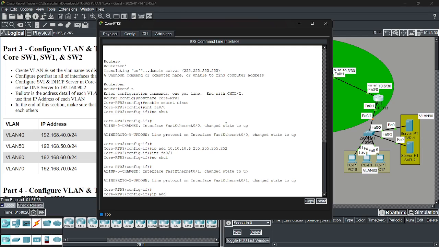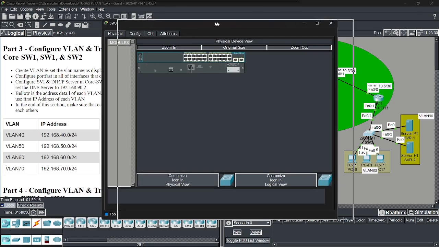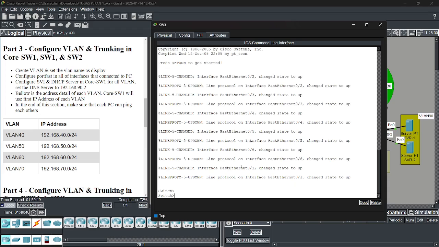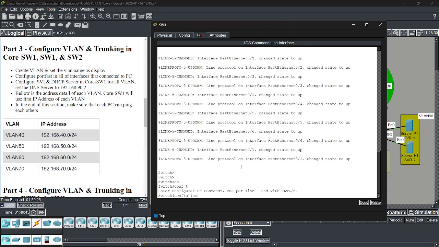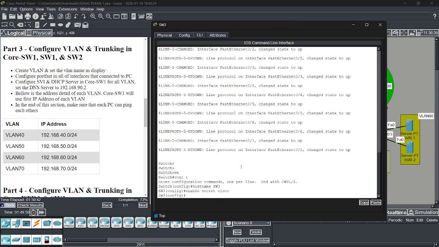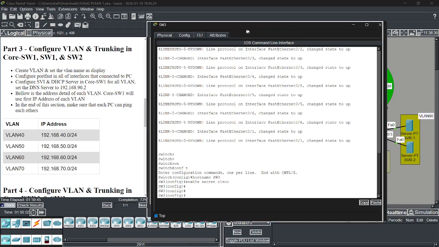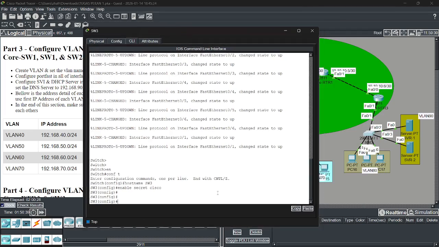Okay, we configure switch 3 first. The enable secret Cisco, don't forget. Okay, we add the VLAN.